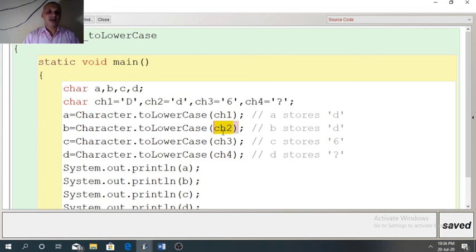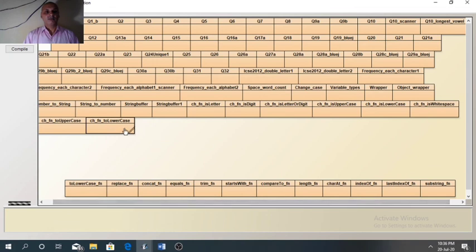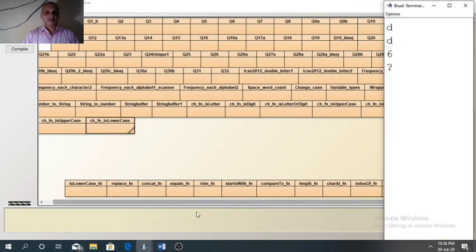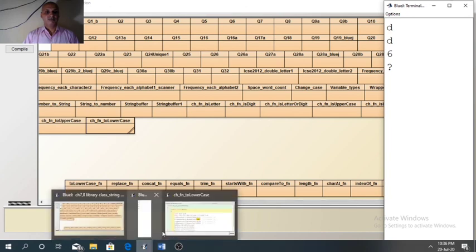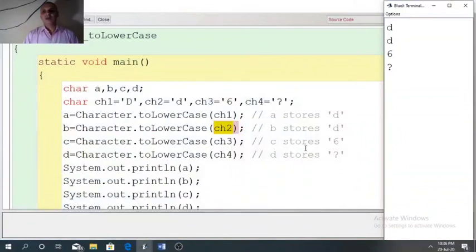So it will remain same. ch3, ch4, because of digit and special character they will also remain same. So we will get the result small d, 6 and question mark. So you can verify.